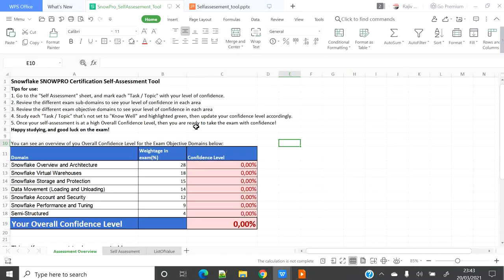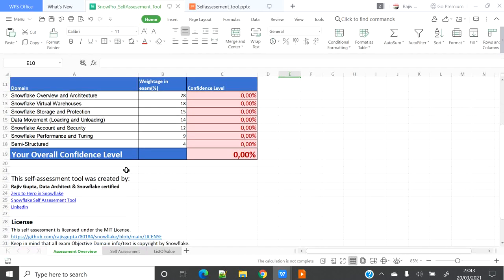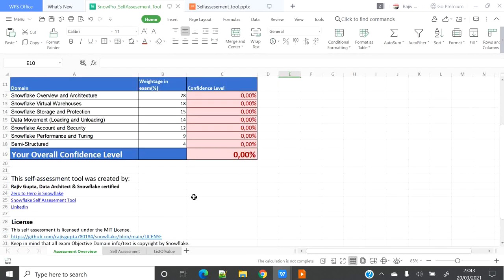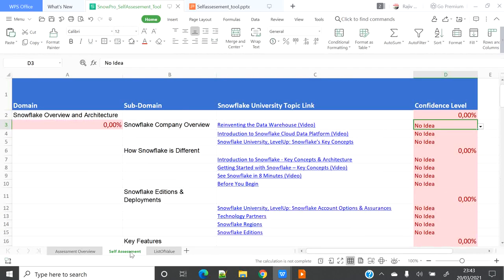So here is my self-assessment tool. This is the dashboard page, or the assessment overview page. You will see all the other details, like what the version is, when it was last created, and everything. Now if you go to the self-assessment tool, for each topic,